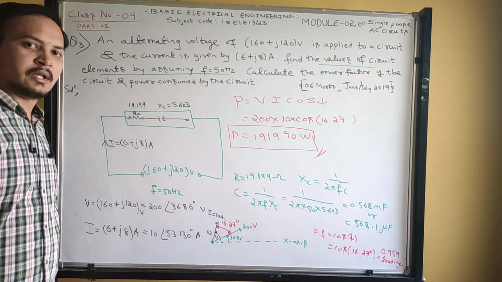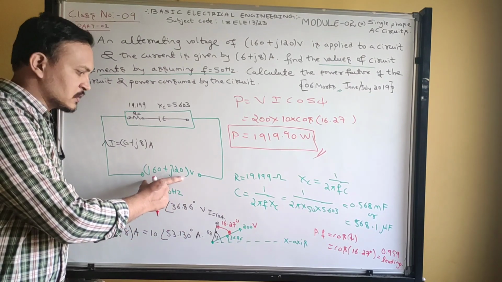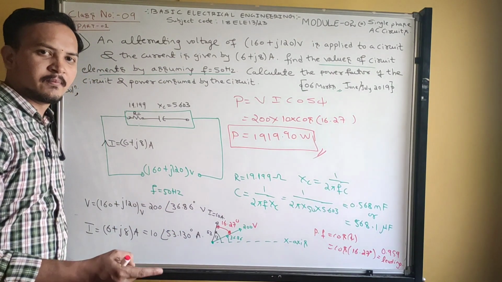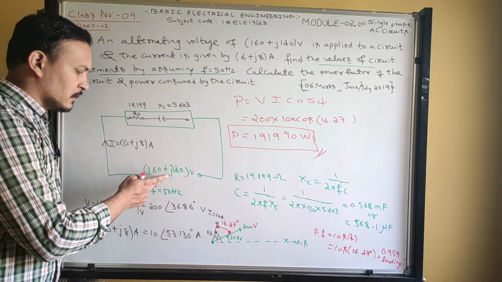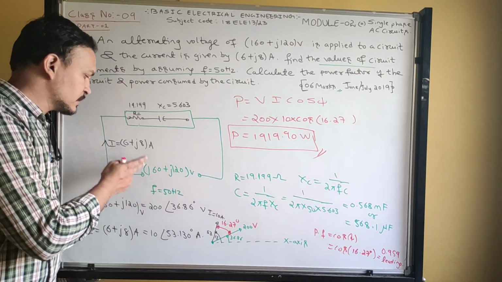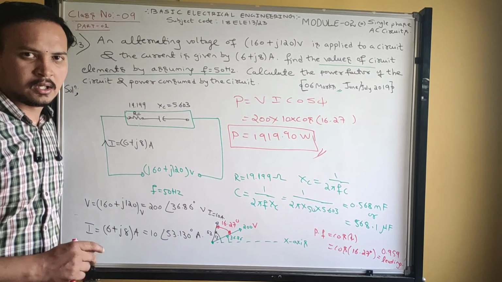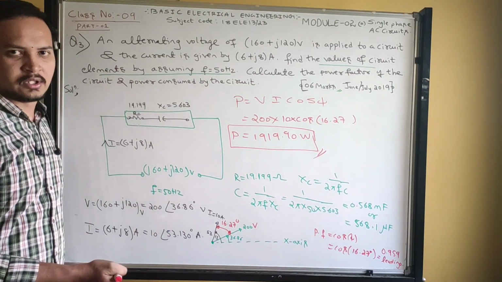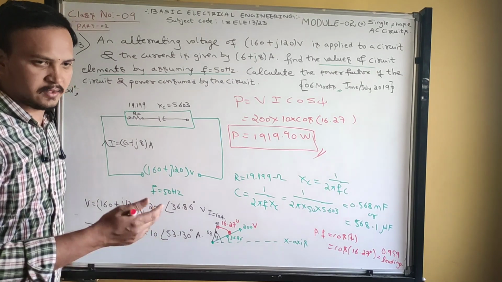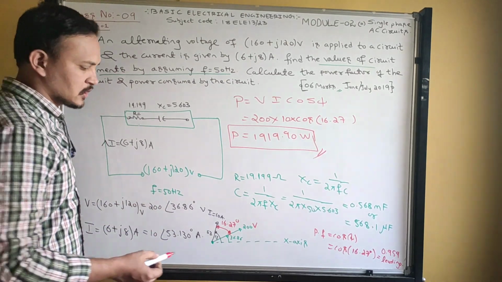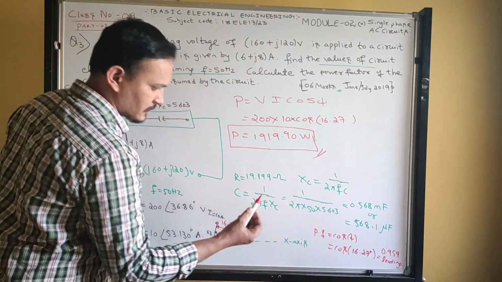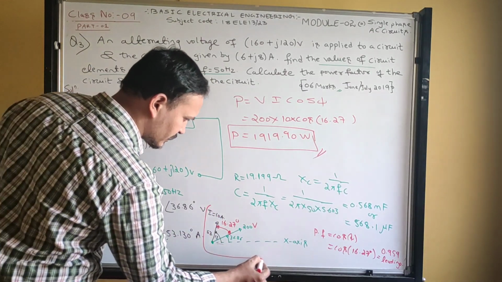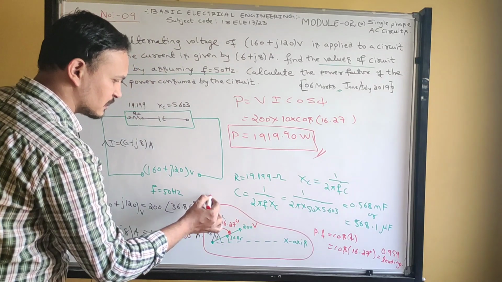Don't think that one of them will always be at the reference with angle 0 degree and the other at some other angle. The voltage and current may not start at the reference. They may be above the reference or below the reference, may lead the reference or lag the reference. Got it? That's why I took the default reference axis. So this phasor diagram is very important.